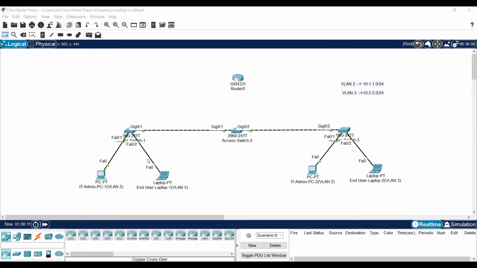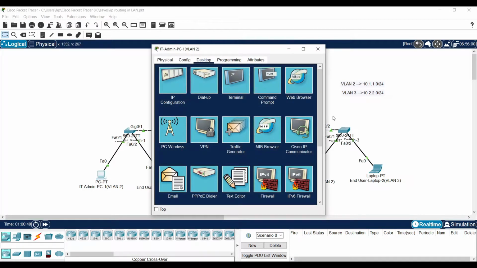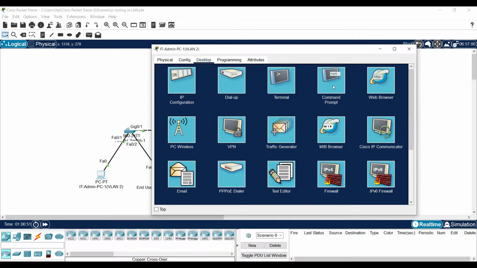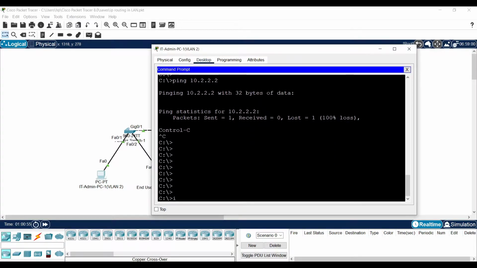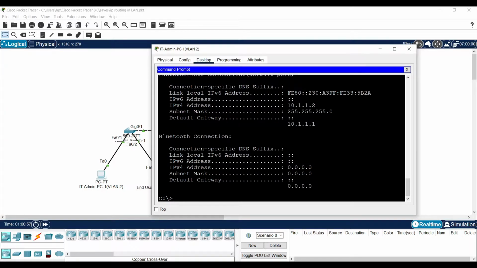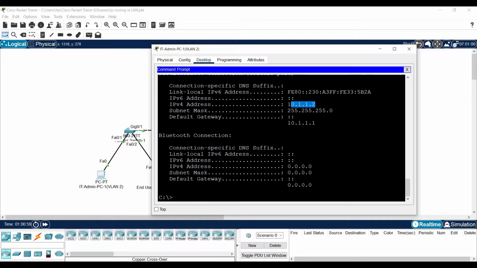In the first method, with my layer 2 network, I'm simply going to use a router, the layer 3 device, to route between my VLANs. Before that, let's check, are we able to ping between the VLANs? This is my network.